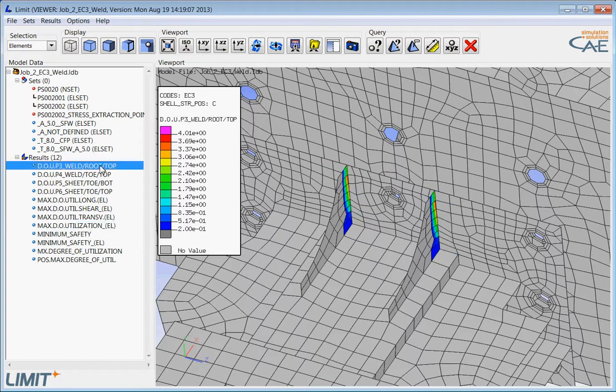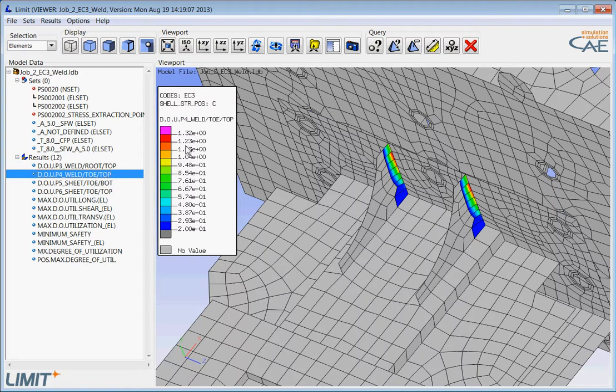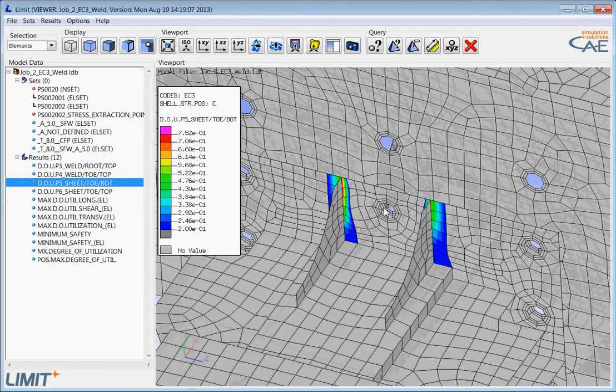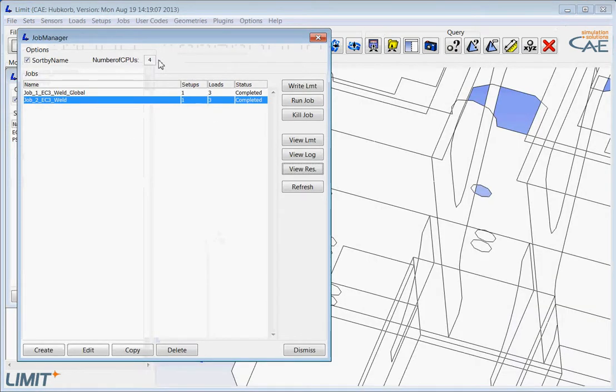So we can switch through the data here, and we can see that actually the high degrees of utilization are calculated for the root of the single-sided fillet weld. The toe is much better. It has a degree of utilization of 1.3, and the other points are okay. The P6, also the continuous sheet, has degrees of utilization below 1. Now, in order to solve the problem,